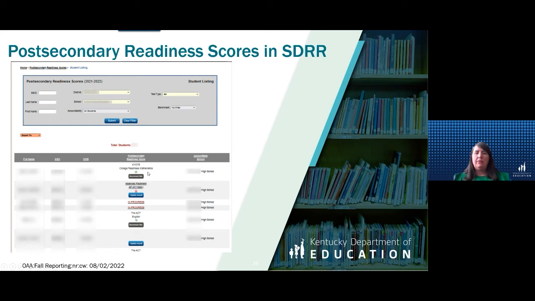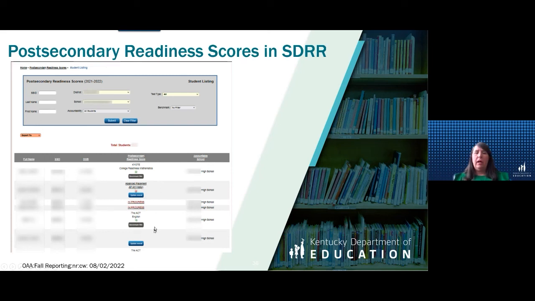It was Coyote, for an example of this one student, their college readiness in mathematics for Coyote math, and then the benchmark that there was. Then it'll tell you the full name of the student, the SSID, the date of birth, and then their accountable school.